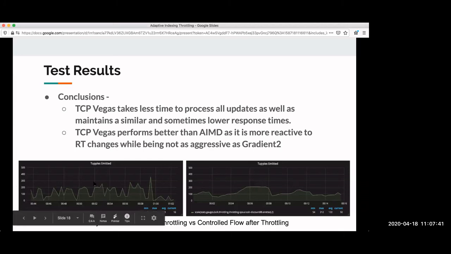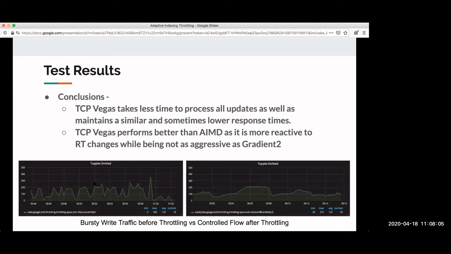Now, if you look at the before and after pictures like you'd see in TV commercials. Before, on the left hand side, you'll see a graph where we have a spiky behavior. This is how we receive updates, and this is how we were processing them. At some point in time, you can see we have 0 updates, 10 updates, 100 updates. Then suddenly at some point in time, we have around 400 updates per second.